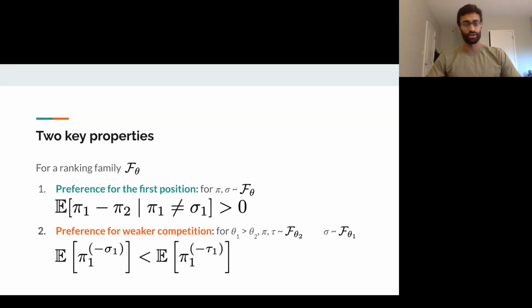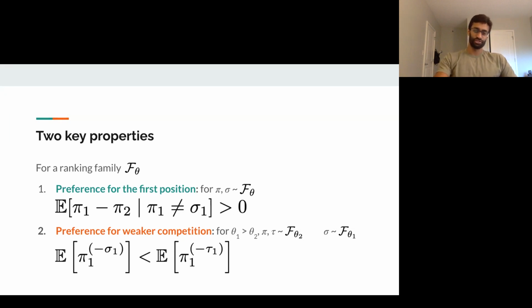Now, what this preference for weaker competition is saying is, given that somebody gets to choose before you, right? You're second in line to make a choice. Would you rather have the person before you be more accurate or less accurate? You might assume that the natural preference there is, well, I'd rather have my competition be worse. I'd rather have the person who selects someone before me be worse at selecting, because the intuition is that there will be better candidates remaining for me when I get to go second. So this preference for weaker competition is the intuitive property that you would expect there.